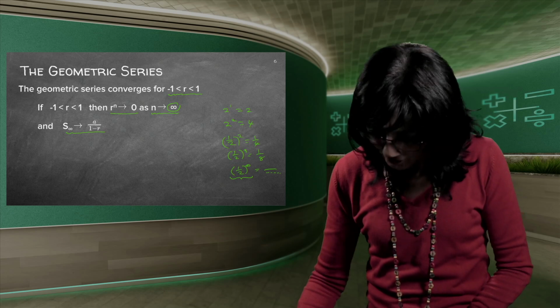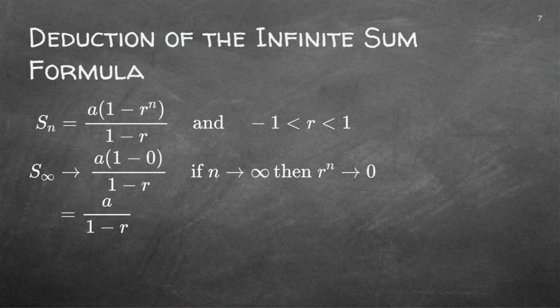Let's go to the next page and just see where this formula is coming from. You remember this is the original formula for my sum of any geometric series. Now, remember what we said, if this n is very, very big, and your r is any fraction, in other words, so big that it nearly tends to infinity, then the final answer will be 0. So let's just look at what happens there.